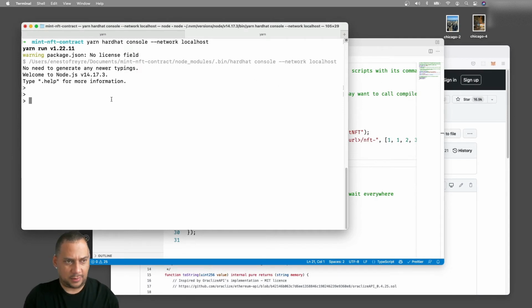With the running node and the contract already deployed, we can basically get an instance of the contract. So it will be MintNFT, await ethers.getContractFactory. The name of our NFT contract is MintNFT.